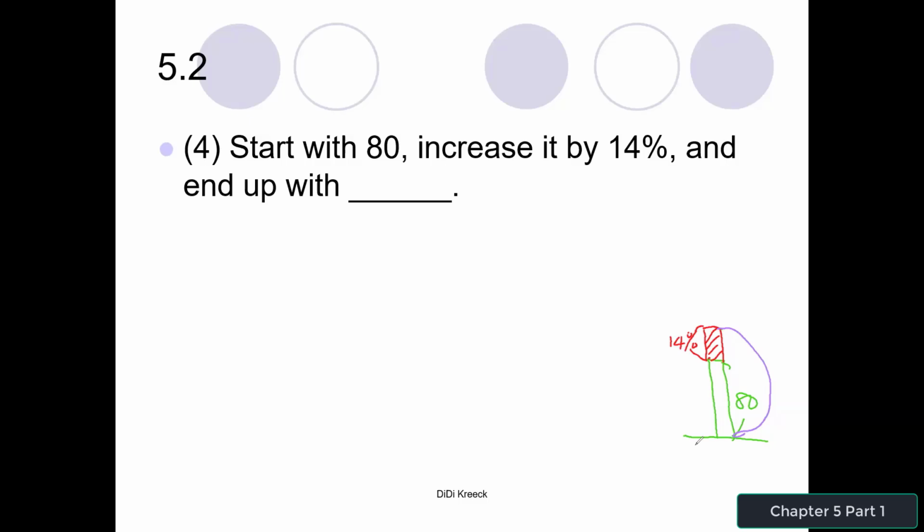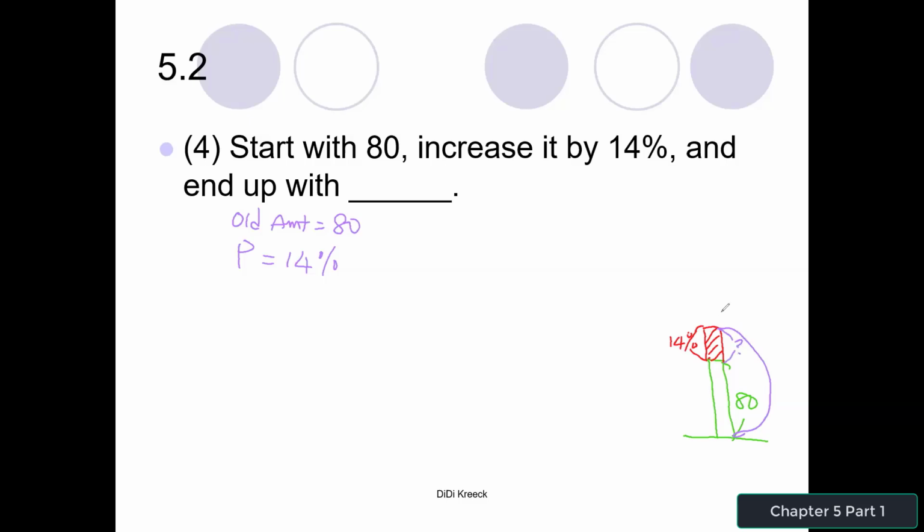So this is a base, percent, and amount type of problem, okay? We have 80, what we start with, which is the old amount. So the old amount is our base, which is 80. Okay, we have a percent increase, which is 14%. If I have the old amount and I also have the percent increase, I can find out the increased amount,